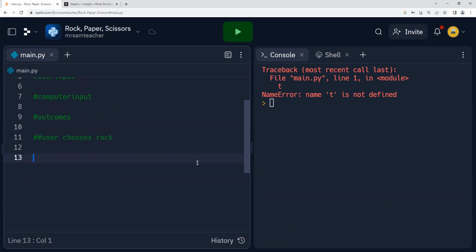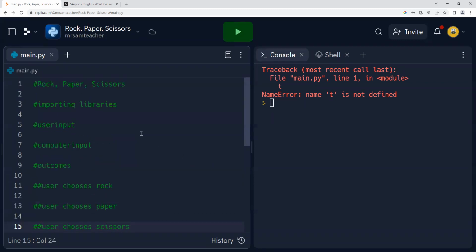And then we can also put a section right here: user chooses paper. User chooses scissors. Okay, so these are the comments that we're going to generally make right here.